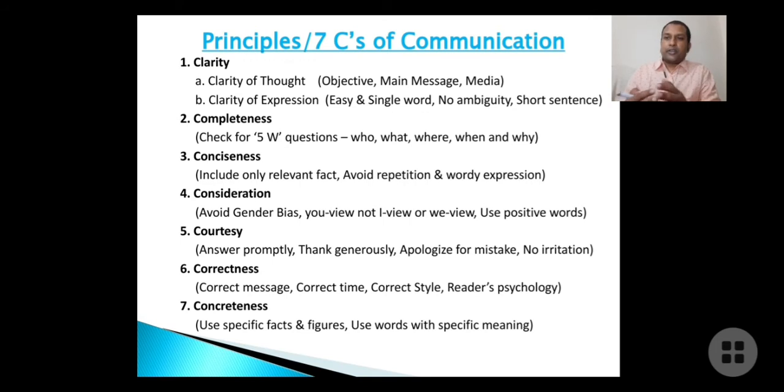Courtesy, it's mandatory, that is answer promptly. You have to answer, দ্রুত অ্যান্সার করতে হবে তোমাকে। থ্যাংক জেনারাসলি, you have to practice থ্যাংক ইউ, ধন্যবাদ দেওয়ার যে ব্যাপারটা, সেটা অবশ্যই তোমাকে চর্চা করতে হবে। অ্যাপ্লোজাইজ ফর মিস্টেক, যদি ভুল হয় সেক্ষেত্রে বিনয়ের সঙ্গে ক্ষমা চেয়ে নিতে হবে। নো ইরিটেশন, বিরক্ত করা